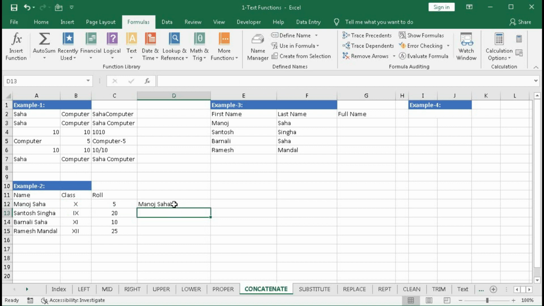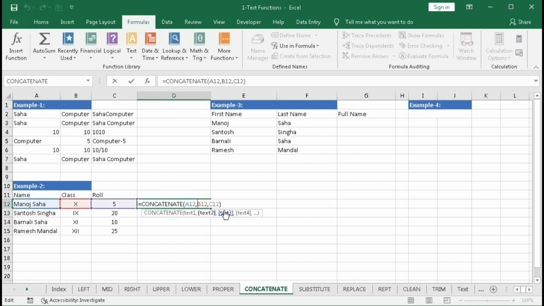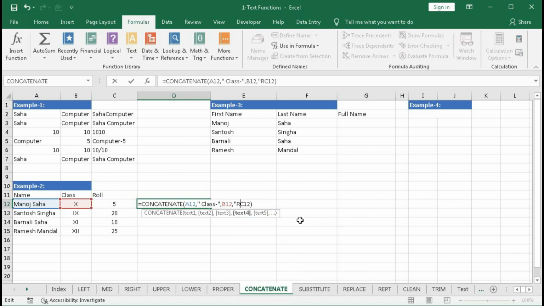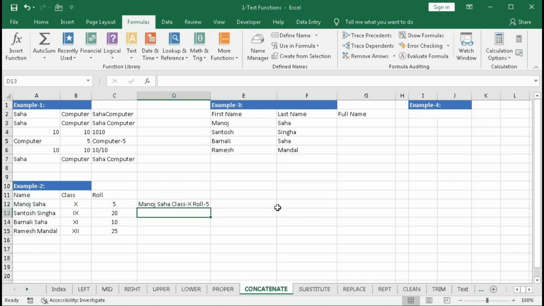But here if you want to add another thing, that is class hyphen, quote close, comma, then here also you have to put one space, and here within quotes roll hyphen, quote close, and before roll you have to put a space, and here also you have to put one comma, then enter.